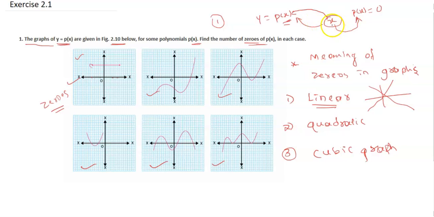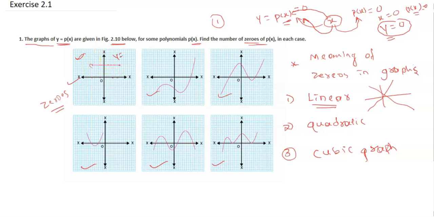Suppose if I put the values of x in this polynomial, if it turns out to be 0, what happens? y is equal to, in place of p of x, 0. So if I want to say x is a 0 of this polynomial p of x, it has to become 0. To show that in a graph, my y should be 0, right? In this graph, these are the points of x. For which value of x is y becoming 0?